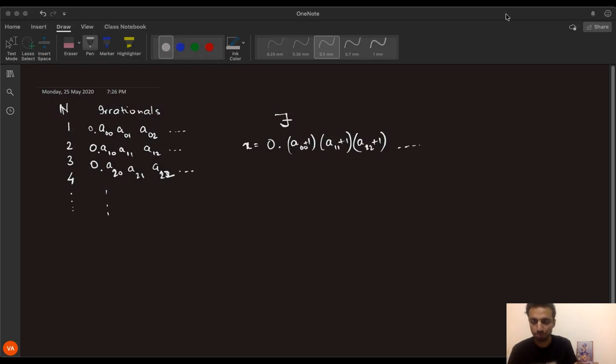Take a number diagonally. Yeah, that's what we did, right? We took a number diagonally and we replaced every element so that it is not equal to any of these